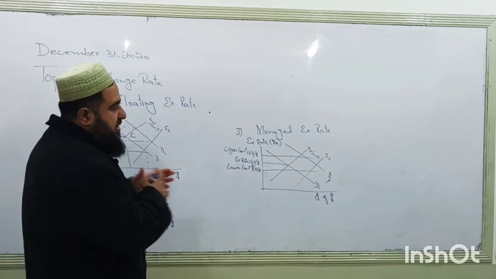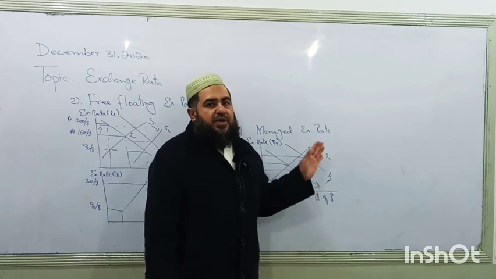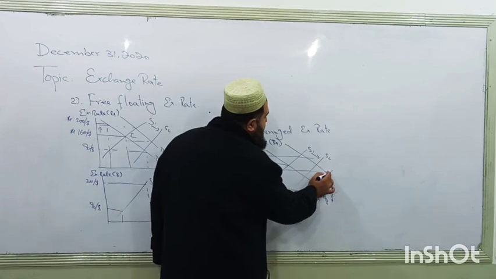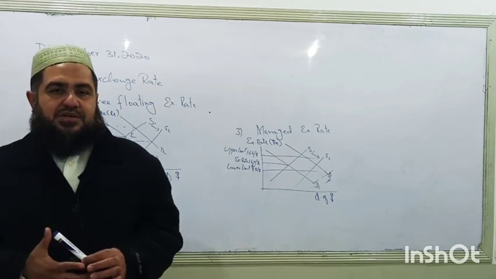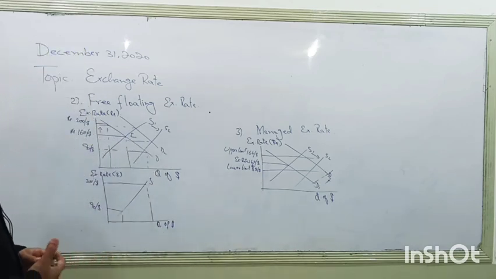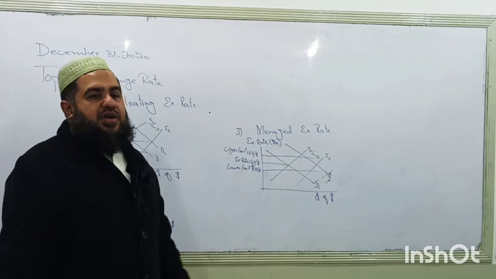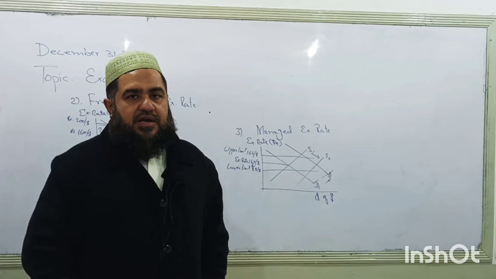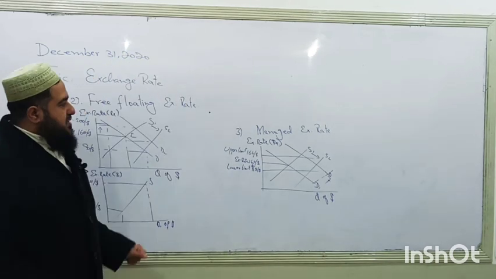So if supply is continuously rising due to more exports in our market, our exporters are able to export more, and now the supply of dollars is continuously increasing and our exchange rate value goes below the lower limit, like it goes to 155 or any value below the lower limit. Now the central bank will become the buyer of dollars in that market. It will start buying dollars at the exchange rate of 160 rupees for each dollar.